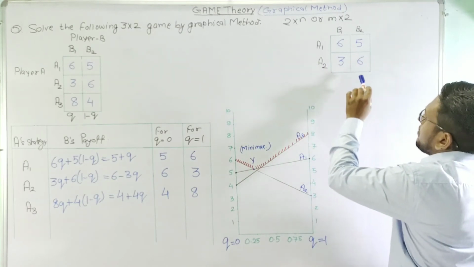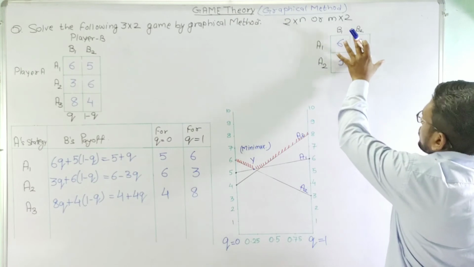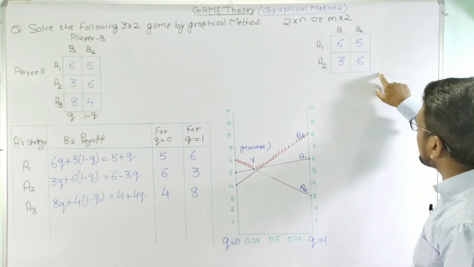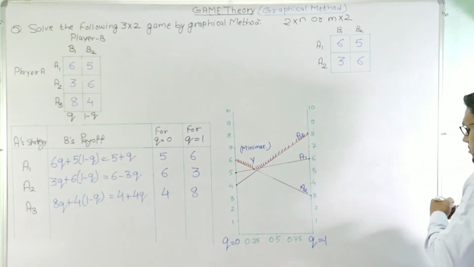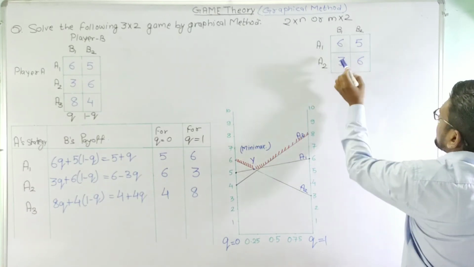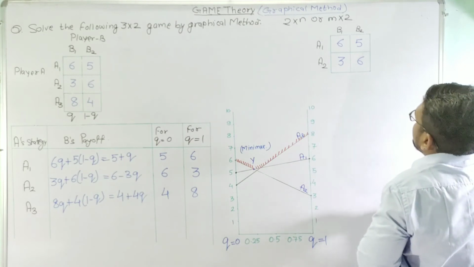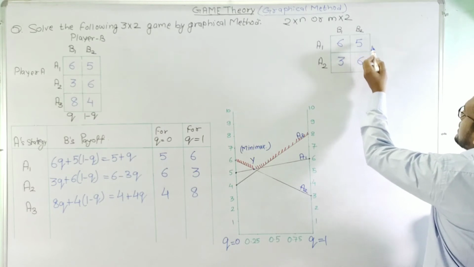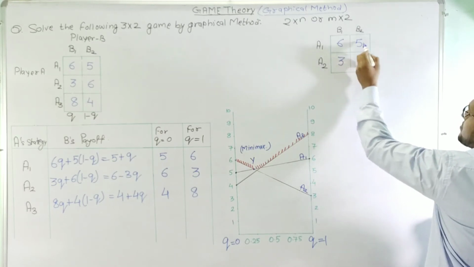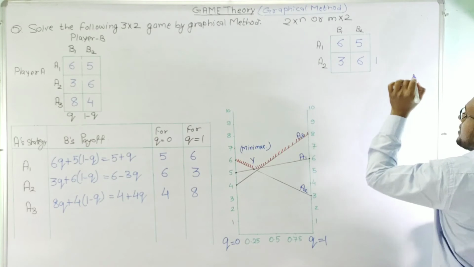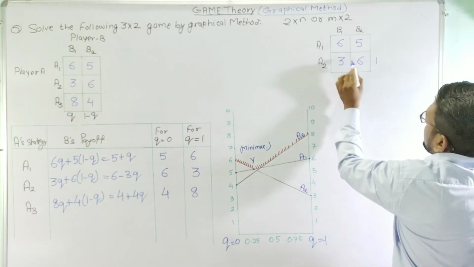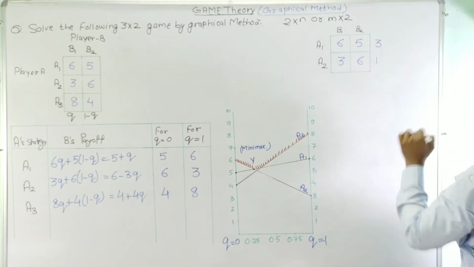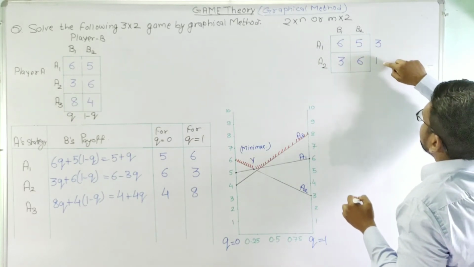Here we have reduced our matrix into a 2 cross 2 form, and now we can calculate the values here by using oddments. To calculate oddments, we need to take the difference in rows and columns. Let us take the difference in row 1, which is 6 minus 5, and we will write it against the opposite row. So 6 minus 5 is 1, so 1 we will write here. And for row 2, this is 6 minus 3, which is 3, and 3 we will write against the opposite row. So these are the oddments here.